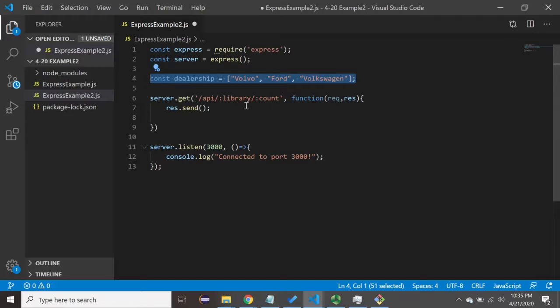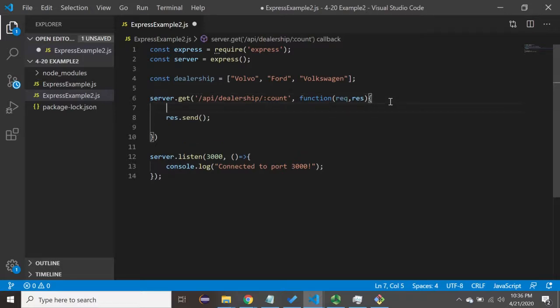And let's say that they specifically want to access this library. And right now I'm just going to make it dealership so that we don't have too many variables here. But what I'm targeting specifically is this count. So I want this count to point to a specific entry in this dealership. So how can I do that? First things first, I want to make sure that that count is not greater than whatever the length of my dealership is. So if